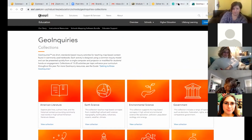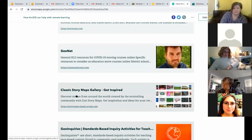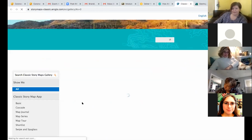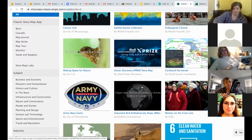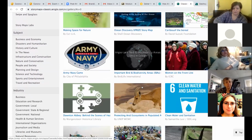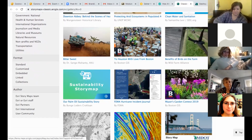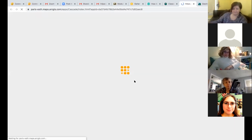Another thing with pre-built lessons, you can actually use story maps that have already been created. So the story map gallery, I love using this with my students. One of the things that I do with remote learning, they have their assignment for the week, but I put in a lot of other information for them. You can search up whatever you're looking for and put a story map in there for them to explore. So if you want them to look at vector-borne diseases with mosquitoes,